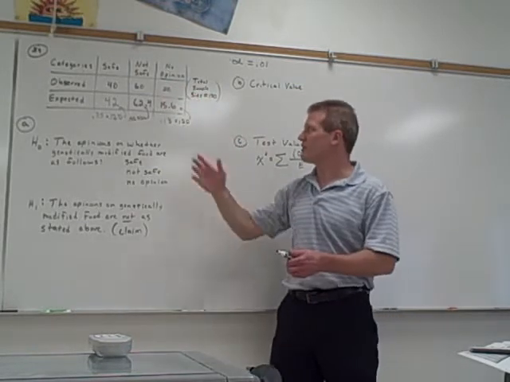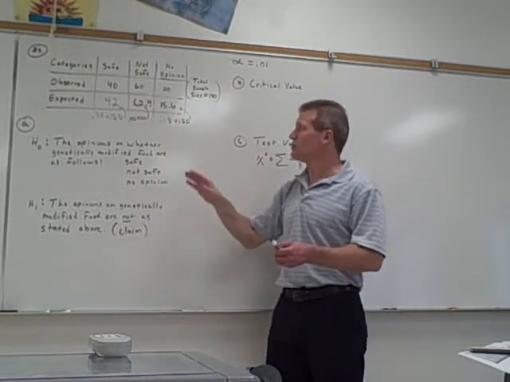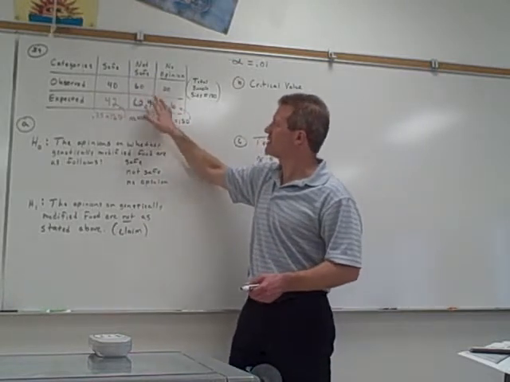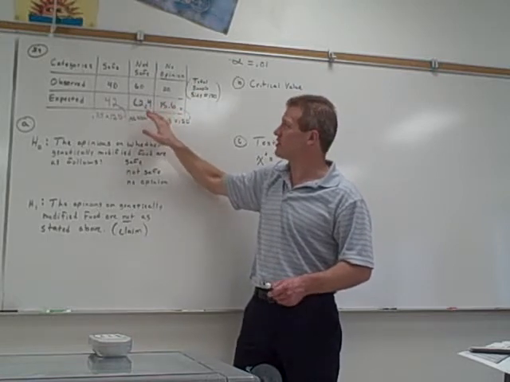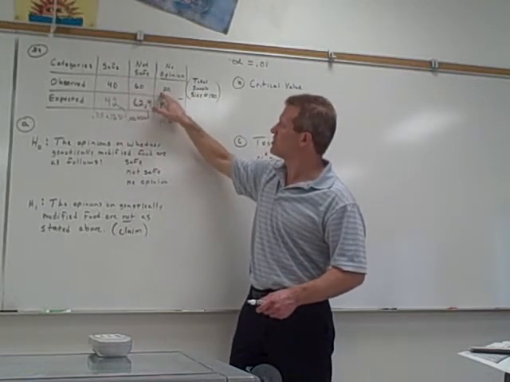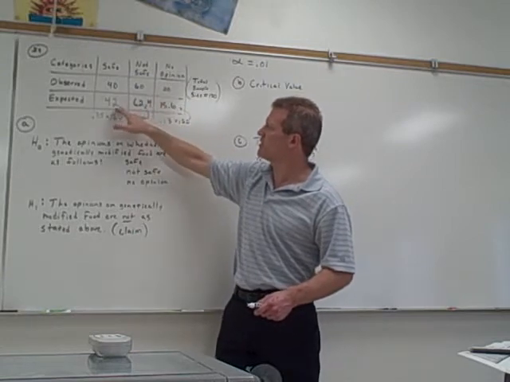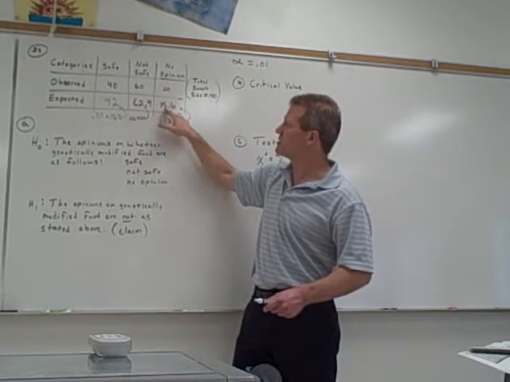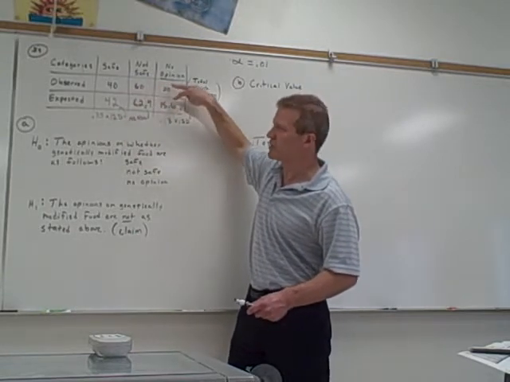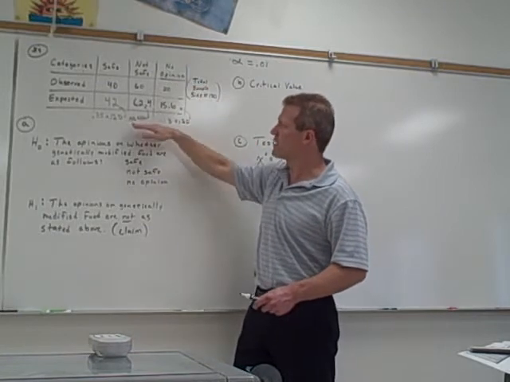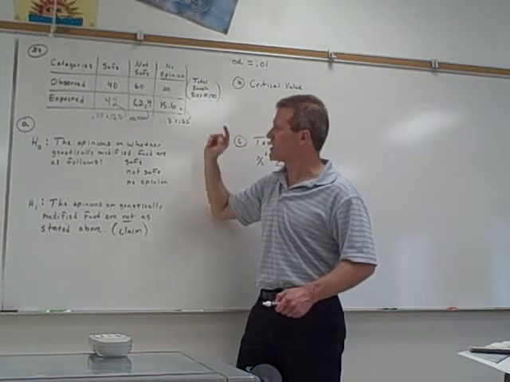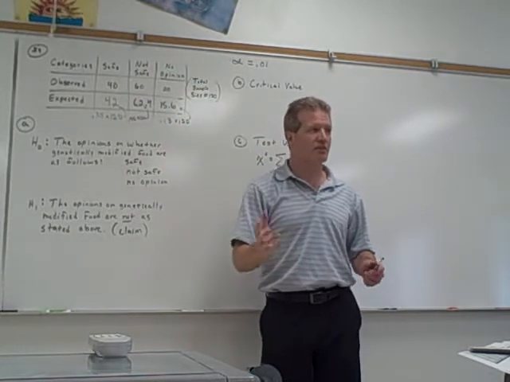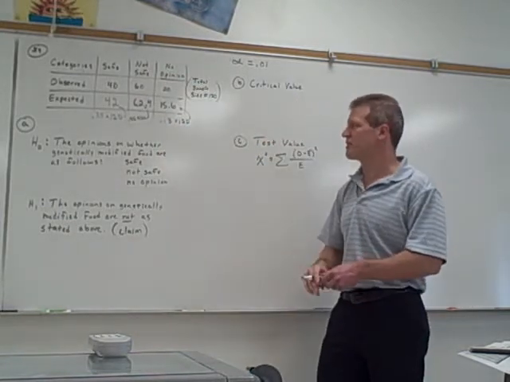Now, obviously you can't have 15.6 people. So there's no way that our observed values would ever match up exactly with our expected values because we have decimals here. But the question is, are these values in the observed row close enough to the expected values that we can say that these differences are just due to sampling error, that these percents are correct? Or are these numbers far enough apart that we're going to be able to say our percents are not correct? That's the question. We're going to use statistics to make that decision.